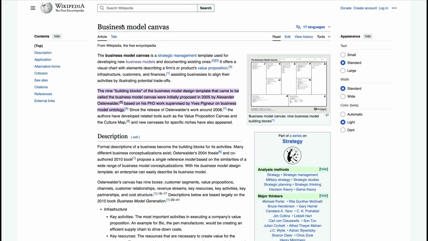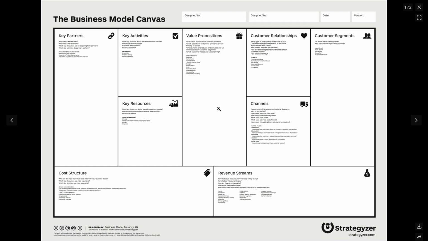This is the Wikipedia page for it, just to help me share the basics with you. What the business model canvas is, if I click on this picture and enlarge it, as you can see, it's a canvas where, if all these fields were blank with just the titles, you can see it's key partners, key activities, key resources, etc. So these are the major components that may belong to a business.